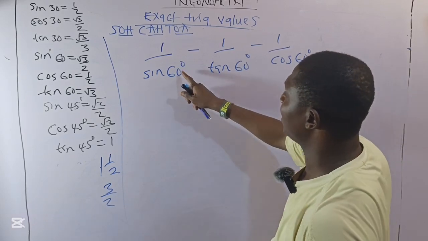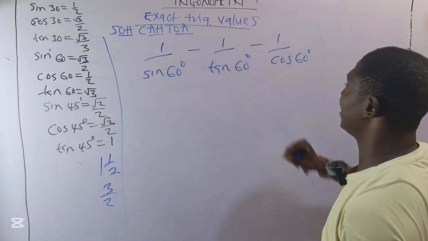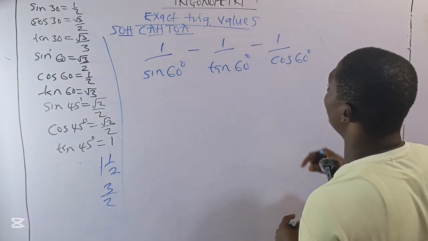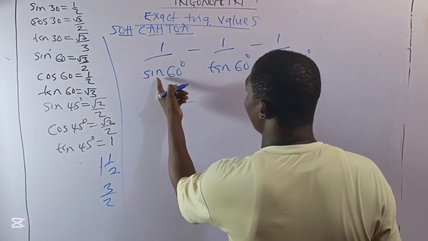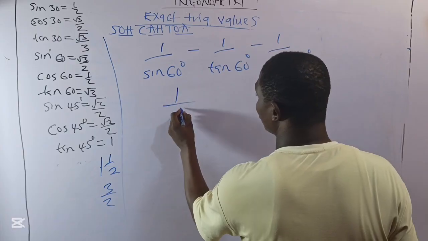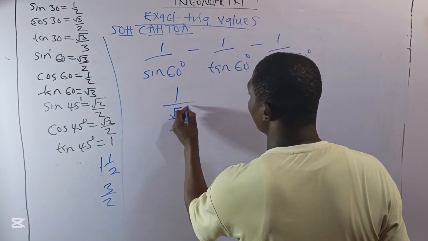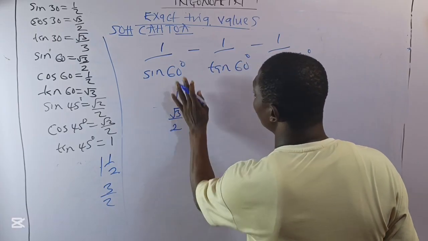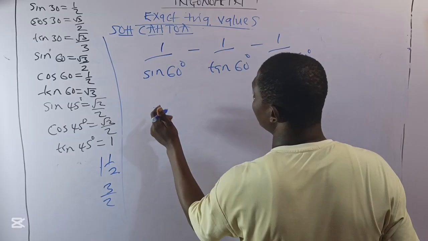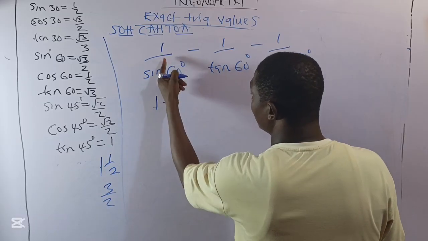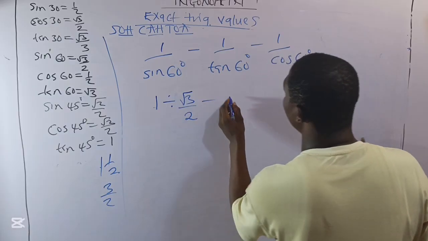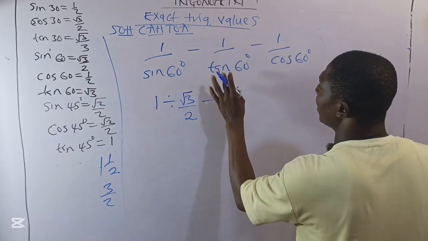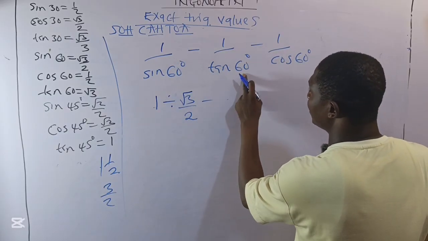Again, we have 1 over sin 60 degree minus 1 over tan 60 degree minus 1 over cos 60 degree. How do we do this? Well, first, we know that sin 60 degree is root 3 over 2. Or, to save you the stress, we can simply have 1 divided by sin 60, which is root 3 over 2. Minus 1 divided by, tan 60 is